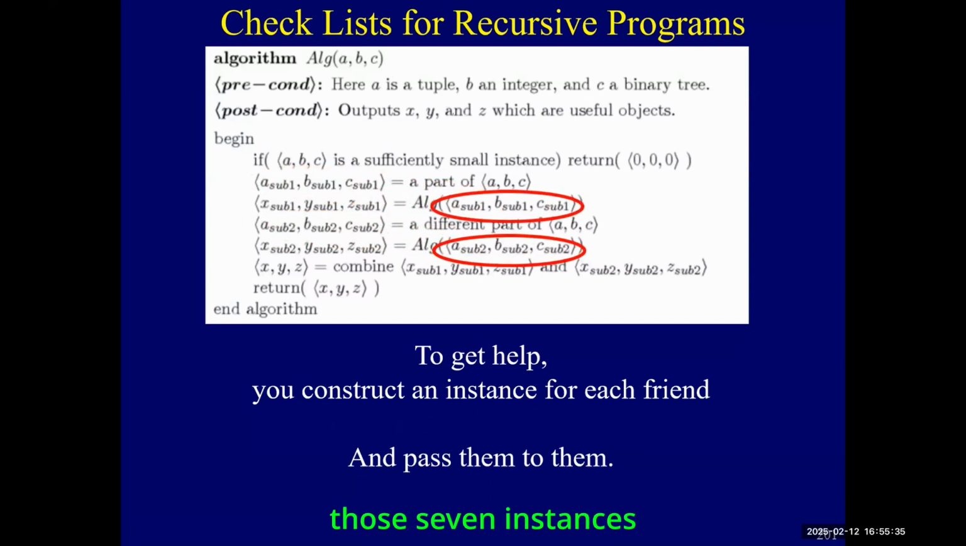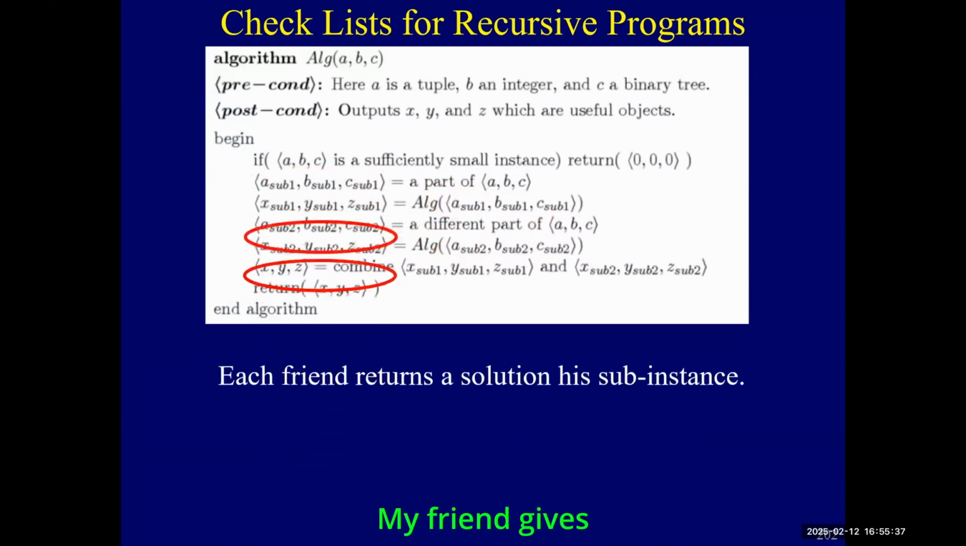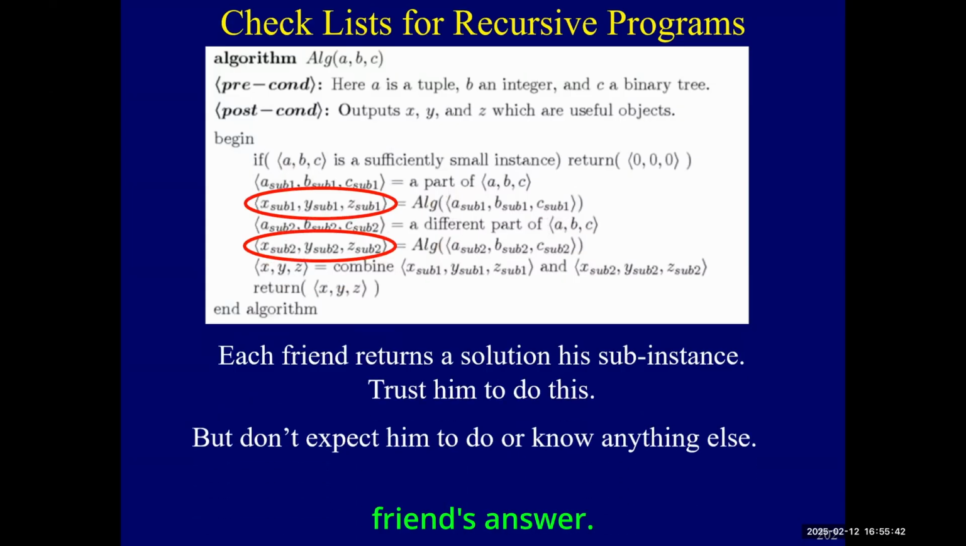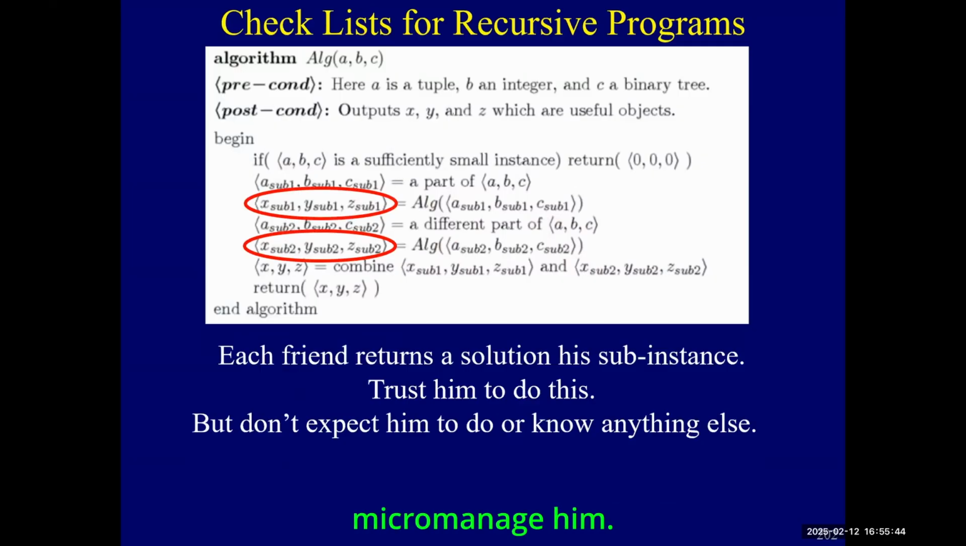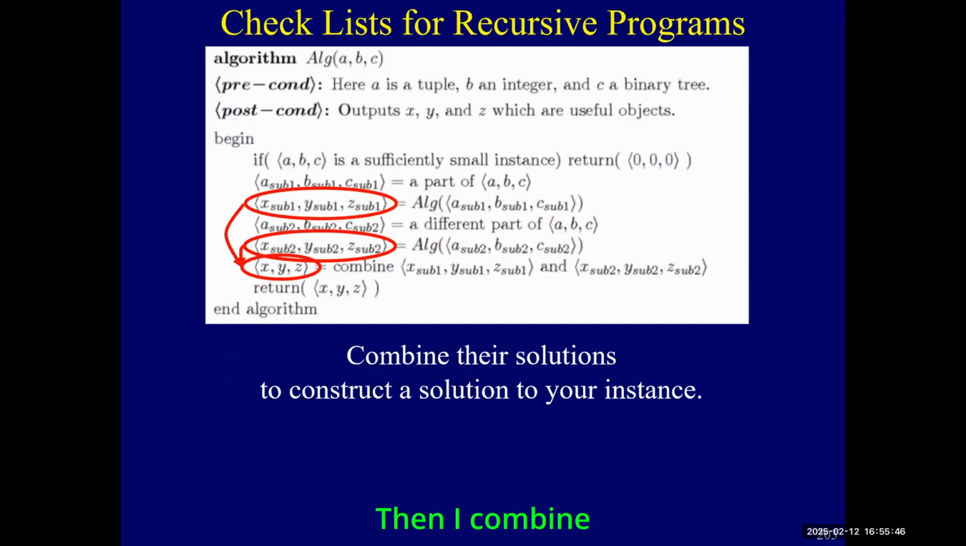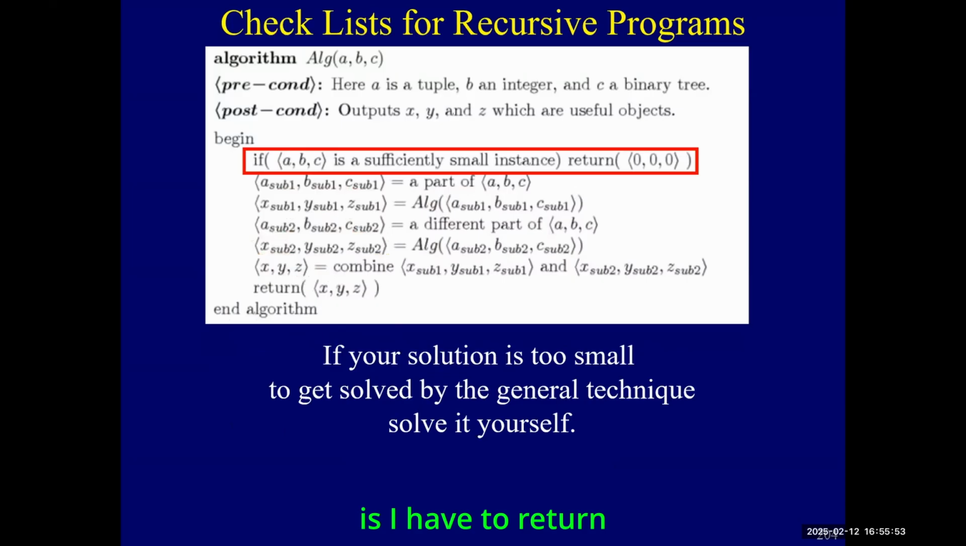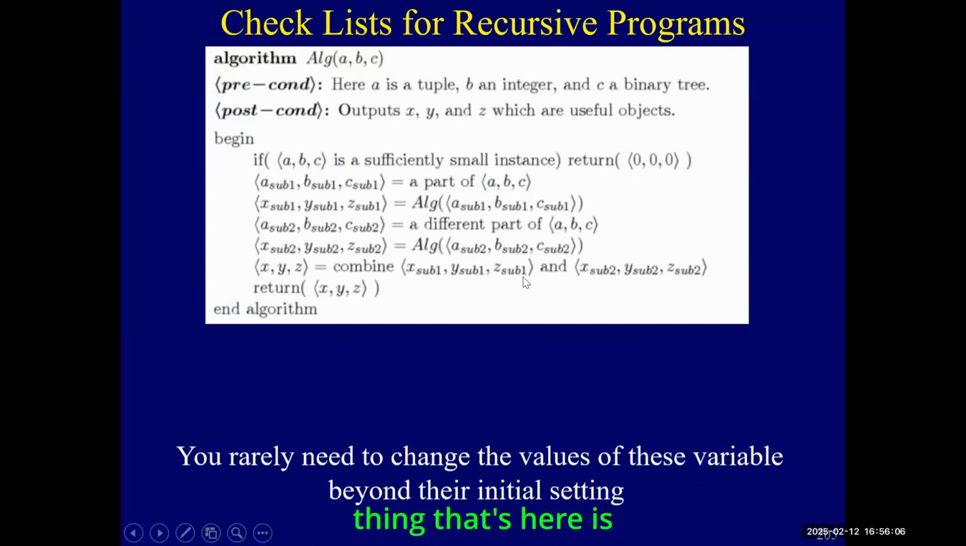And then I give those sub-instances to my friend. My friend gives me the answer, right? I combine my friend's answer. I trust him. I don't micromanage him, right? Then I combine his answers to get my answer, and I return it, right? And the base case is I have to return a tuple and an integer and a binary tree, right? People kind of follow that? Right? And you'll notice one thing that's here is,